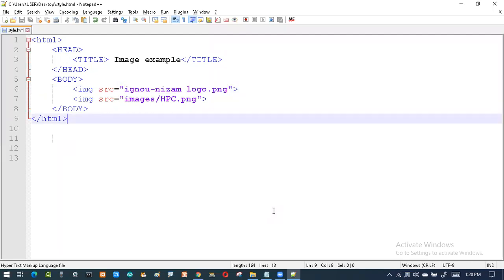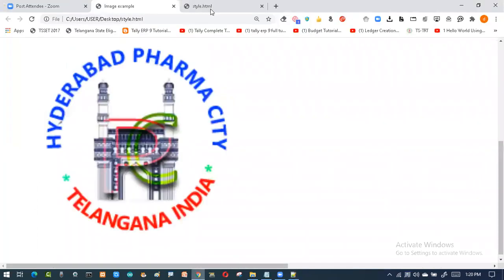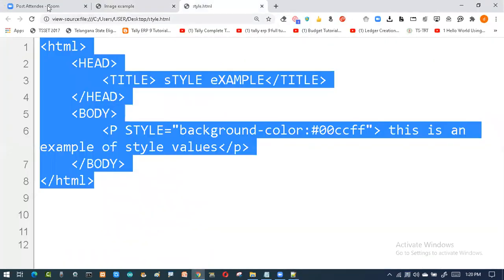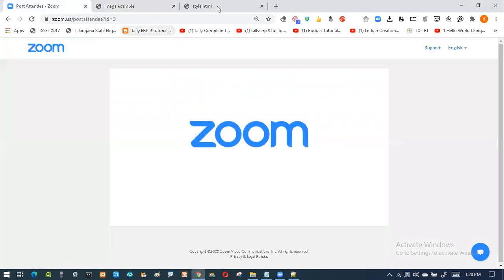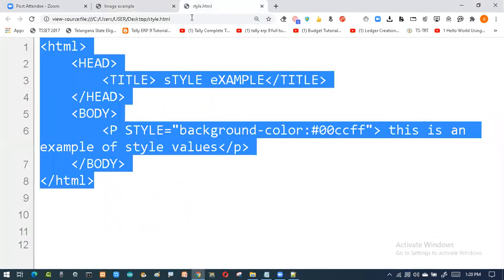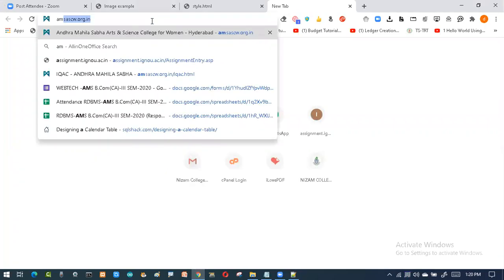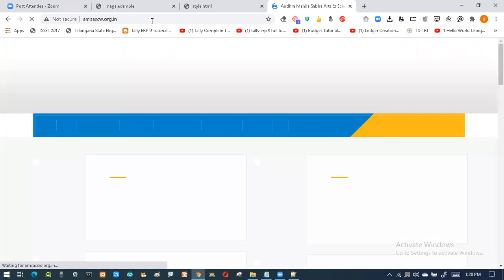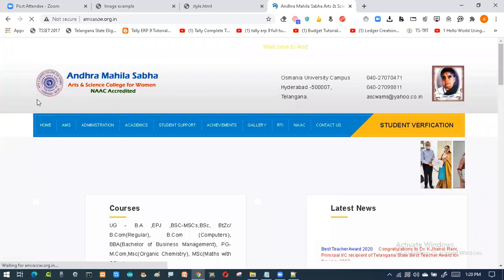Now suppose if I want to get any image from the website, so I'll go over here and I try to see any website. I go something called AMS. Okay, I'll go here. Now I want this logo directly from here.